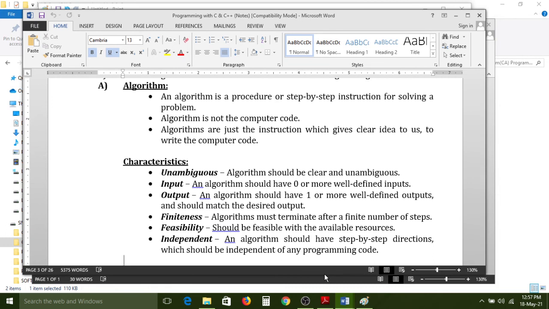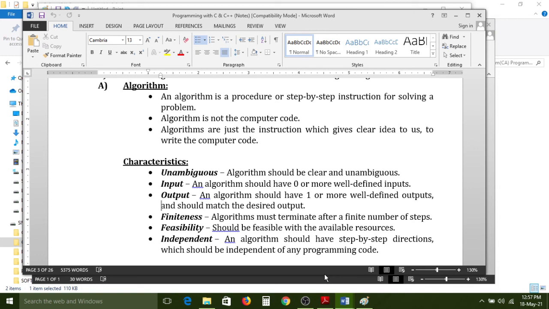And next, input. An algorithm should have 0 or more well-defined inputs. For example, if it is a bank ATM project, first it will ask when you enter the ATM: please insert your ATM card. After reading that line, you insert your ATM card.